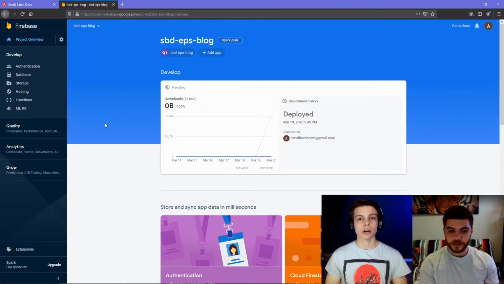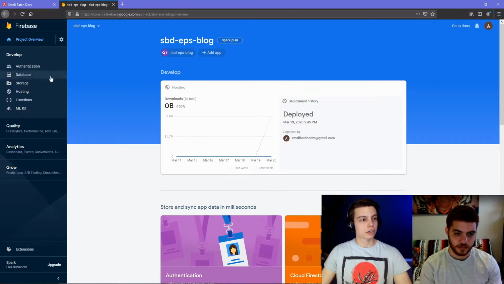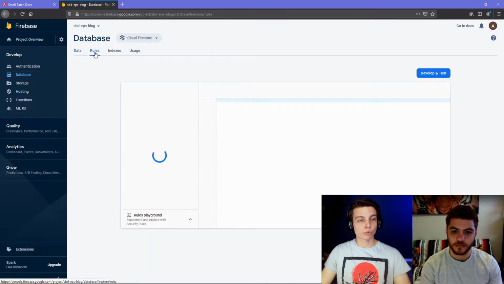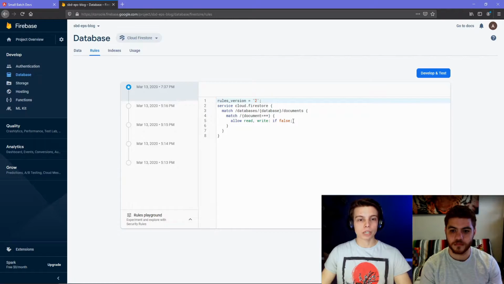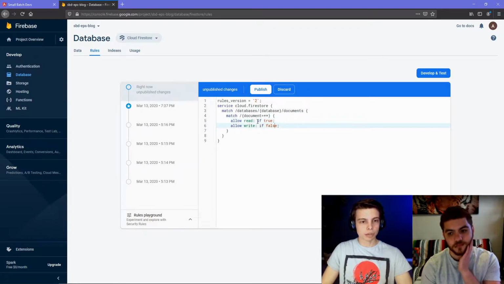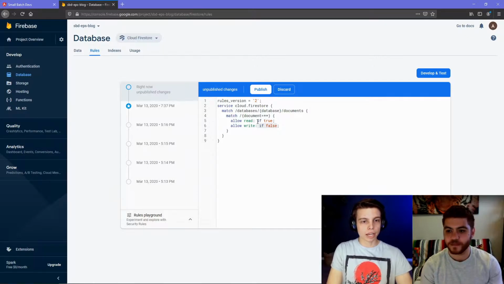The next steps are to set up our security rules for our future coding updates to our authentication service. So we're going to click on Database in the left side navigation. Then we're going to navigate to the Rules tab. Here we're going to update these so that we can allow everyone, even if they're not logged in, to read our blog posts, but we'll only allow administrators to write blog posts. We're just going to separate these read and write allow statements, and we're going to set the read to if true, which will let anyone read from our database, but we're going to set the write to if